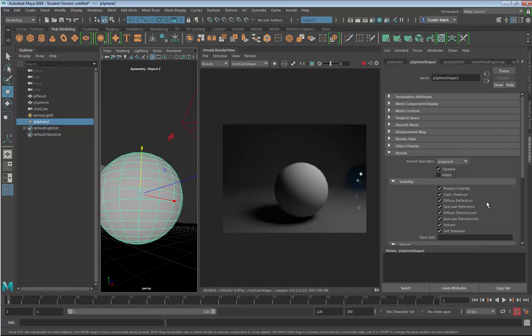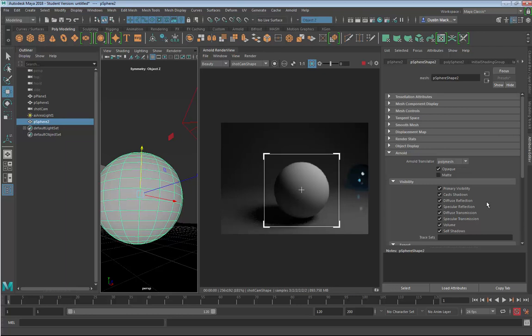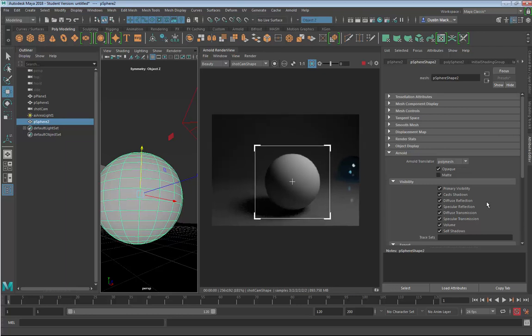So one thing you can also do is crop a region. You can just say, just render this little bit for me. That way the IPR isn't trying to calculate everything in the scene, it's just doing this one little area right there. Alright, so now that we have our blue tinted glass over there,